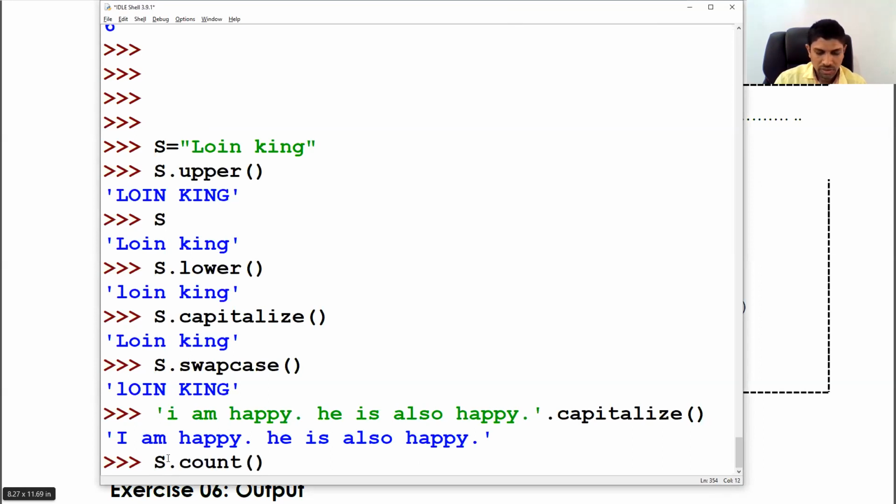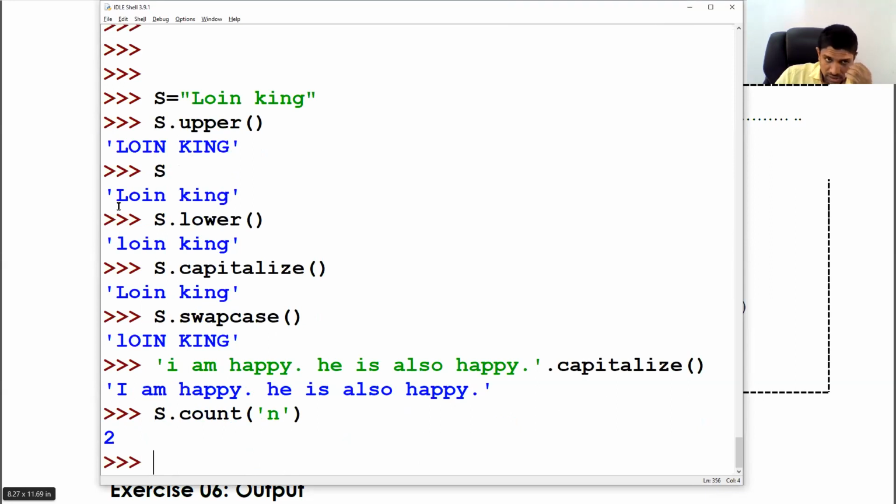Count means you can count the number of n's in s. s is for lion king, no? Lion king consists of